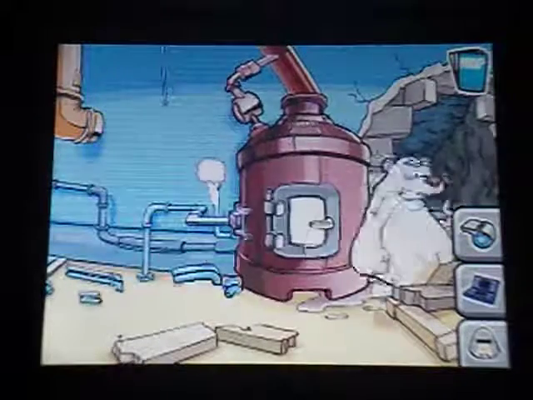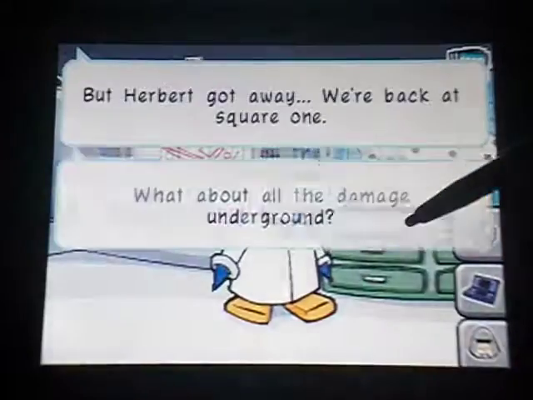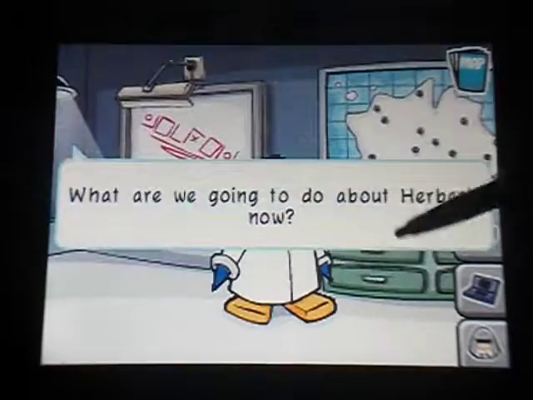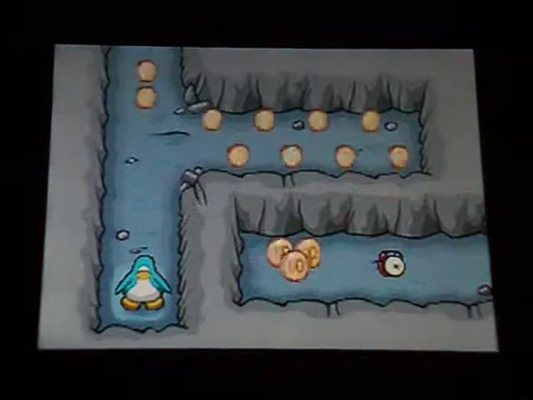I'm not writing this up, man. Herbert's a terrorist. After we fix the boiler, nothing really else happens. We just talk to Gary and then the mission ends. So, nothing really much. Alright, now to make this video shorter, I'm just gonna skip to the 10th mission because,